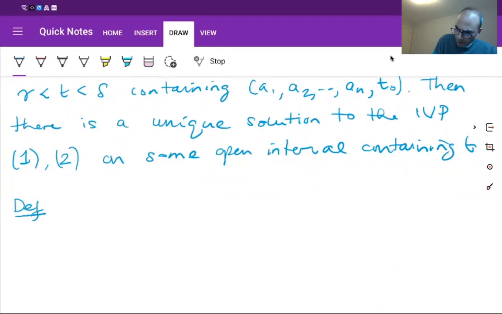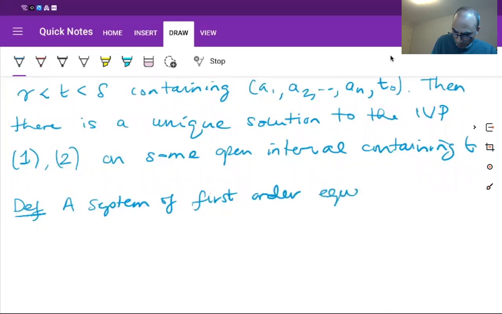A system of first order equations is said to be, it's called linear, if it can be written